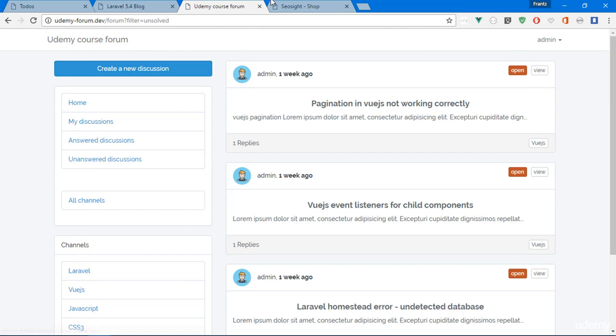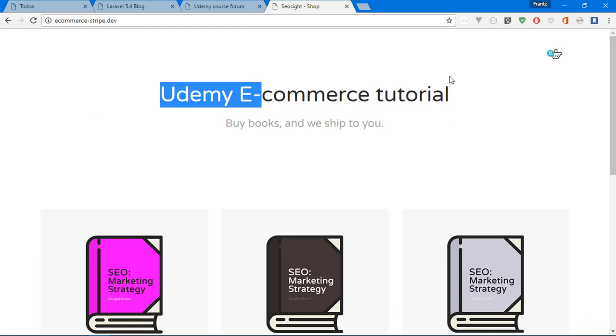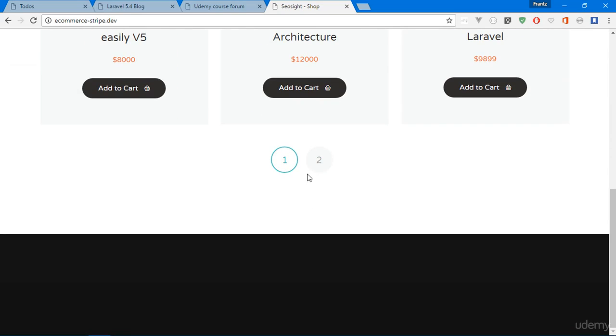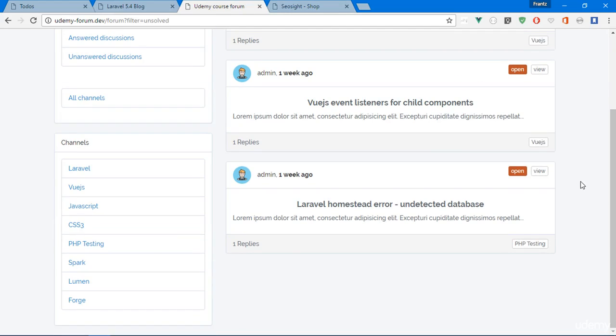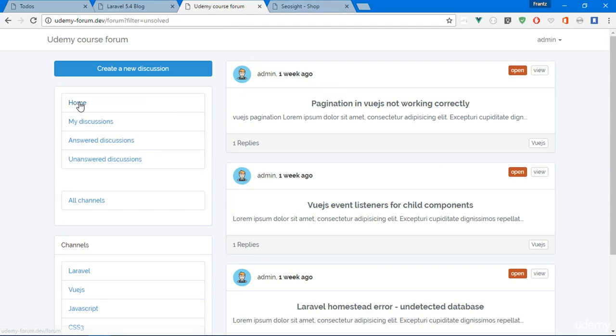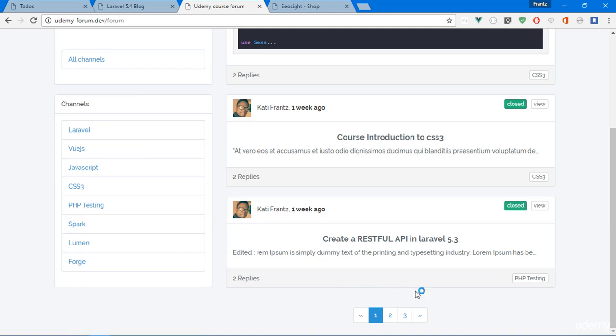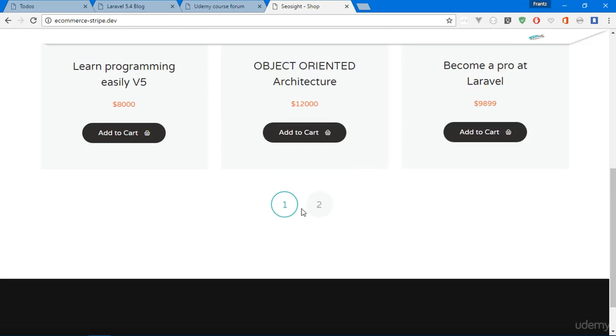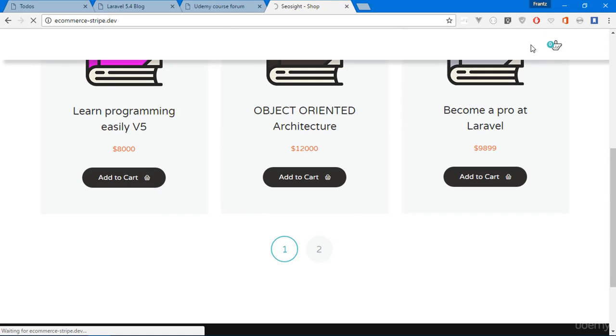Okay, now we also have an e-commerce site, guys. This is a lot of content right here. I'm going to be teaching you how to do custom pagination. If you check out our forum right there and I visit the home page, you discover that the pagination that comes by default with Laravel is customized only for Bootstrap, but I'm teaching you how to do custom pagination. I'm going to be teaching you how to create this awesome application.